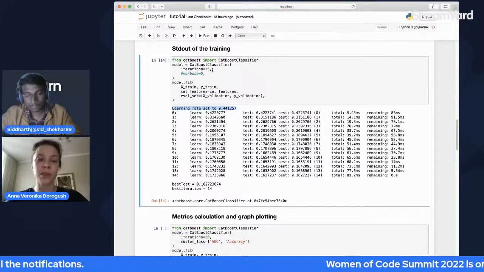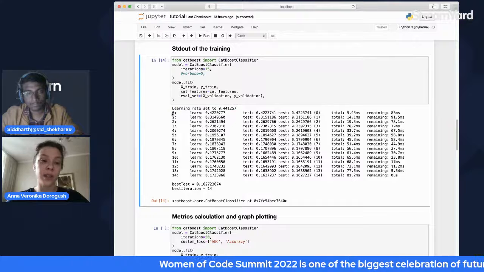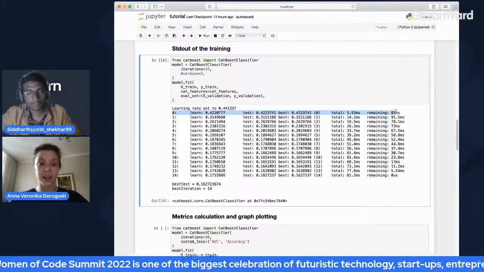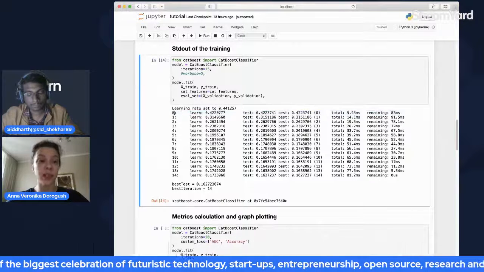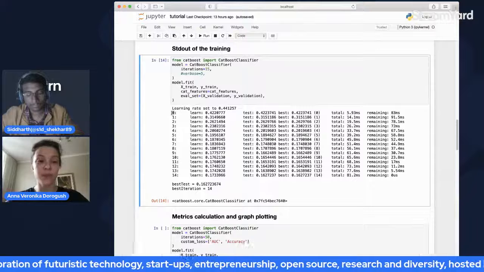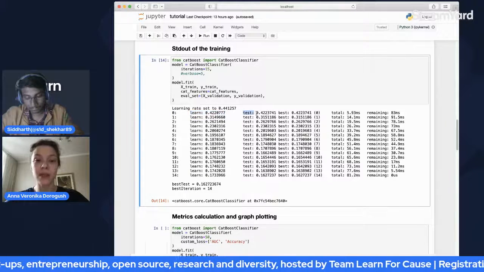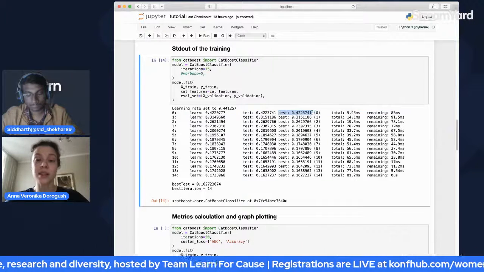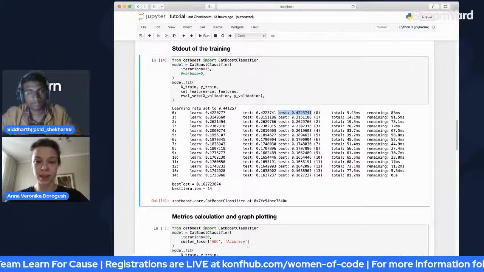There is a machine learning model that selects a good learning rate for you. Then for every iteration, for every new tree, you have several lines. Every line says how many trees we have trained before, what the training loss is, what the validation loss is, and also what the best validation loss is that you have got so far.